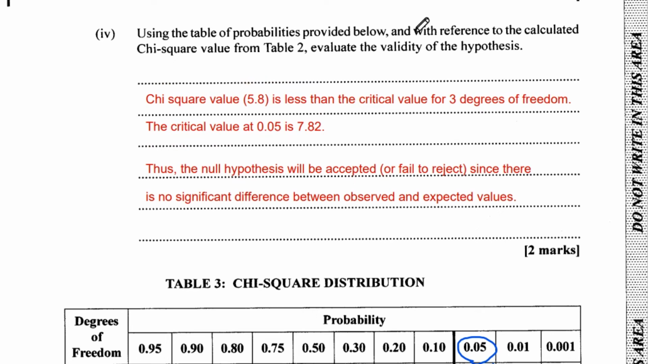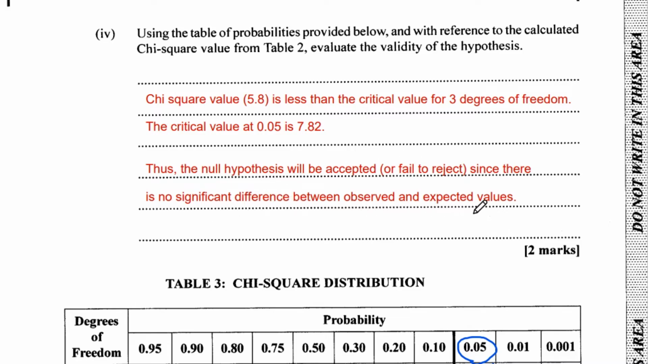So to answer our question here for 2 marks, using the table of probabilities provided below, and with reference to the calculated chi-square value from table 2, evaluate the validity of the hypothesis. Well, the chi-square value 5.8 is less than the critical value for 3 degrees of freedom, and the critical value we would have observed is 7.82. Thus, the null hypothesis will be accepted, or fail to be rejected, since there is no significant difference between the